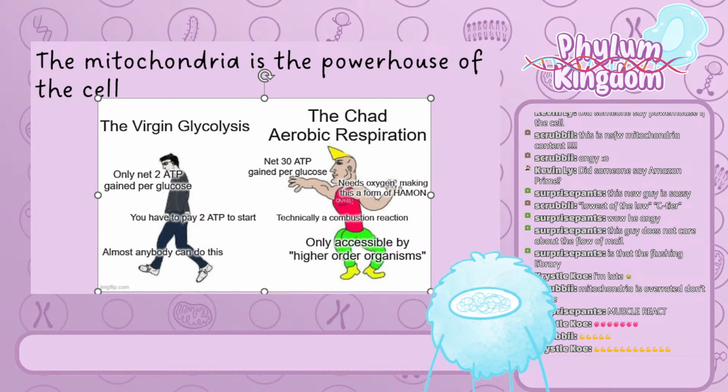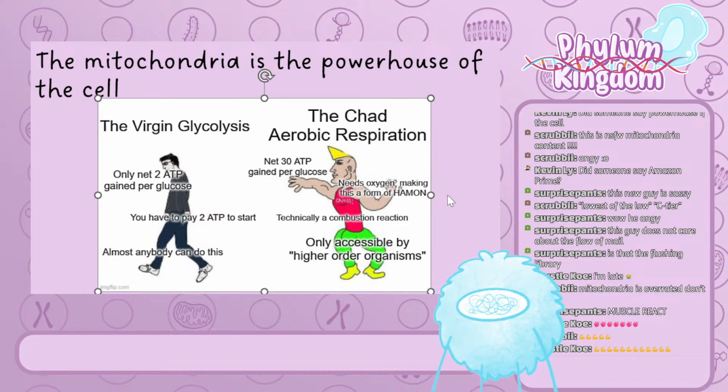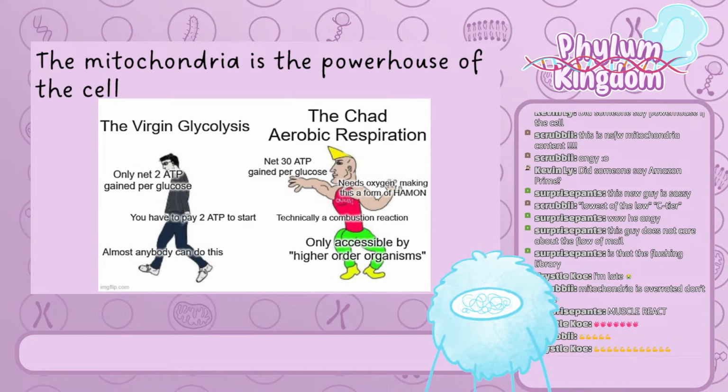But your ancestors, the eukaryotes, developed this relationship with mitochondria to outcompete bacteria, right? In aerobic respiration, which is what the mitochondria can do, instead of getting back 2 ATP, you get a monstrous 30 ATP for each molecule of sugar. The reason why it's called aerobic respiration is because you do, in fact, need oxygen. Making this kind of like Hamon, if you are into JoJo, using the power of your breath to derive energy